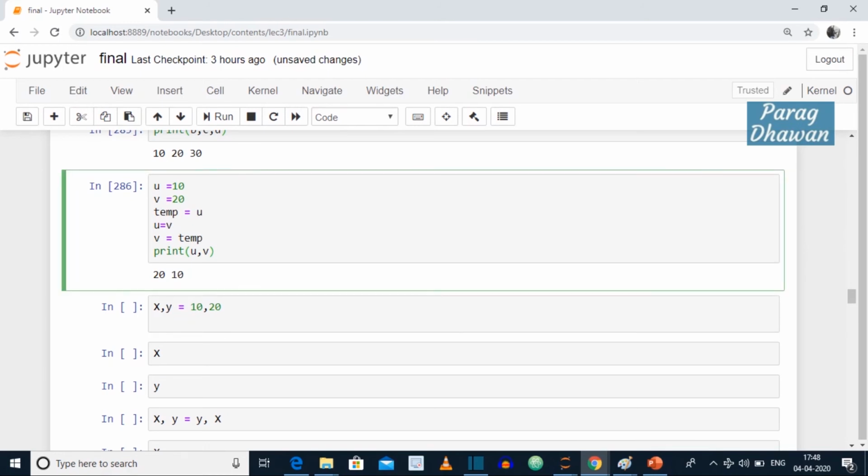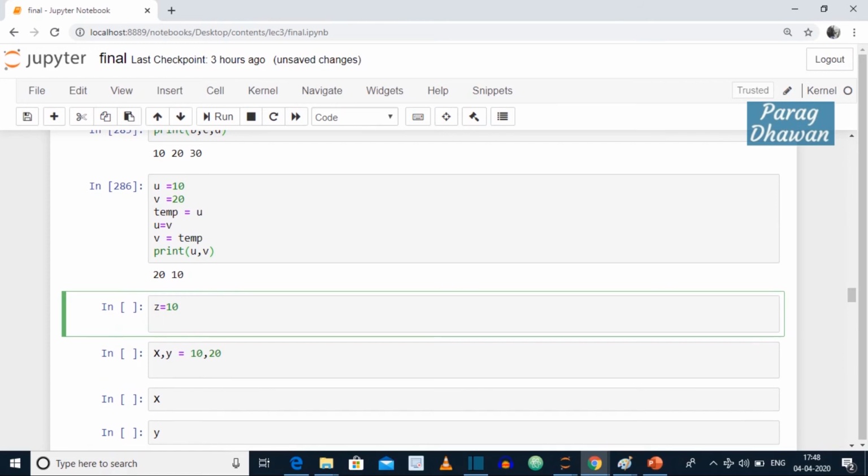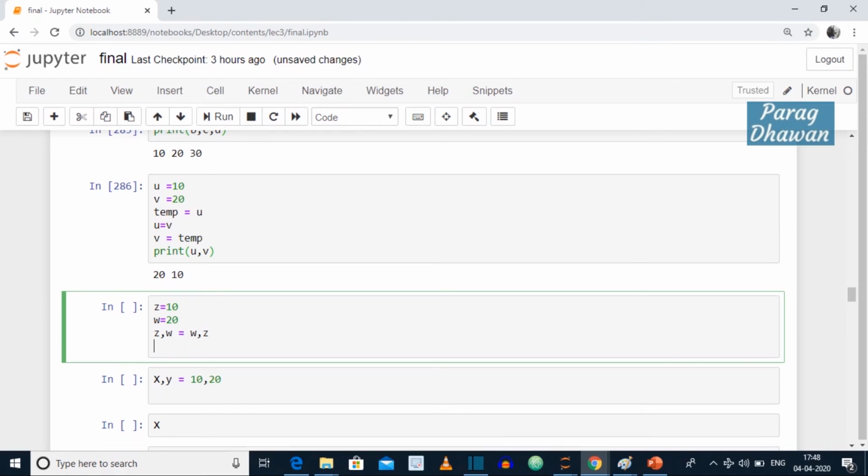If you want to do this directly, press escape B to insert a cell below. If you write z is equal to 10 and w is equal to 20 and execute this statement, then z, w is equal to w, z, and then print the values of z, w, your values will be swapped.